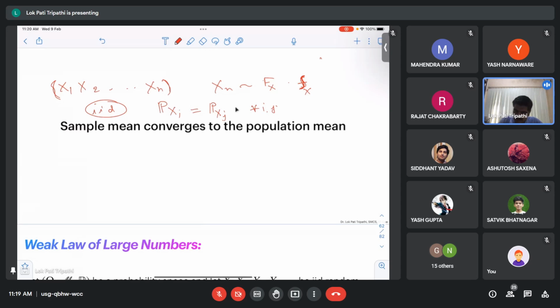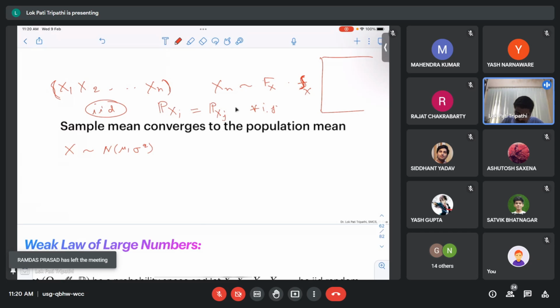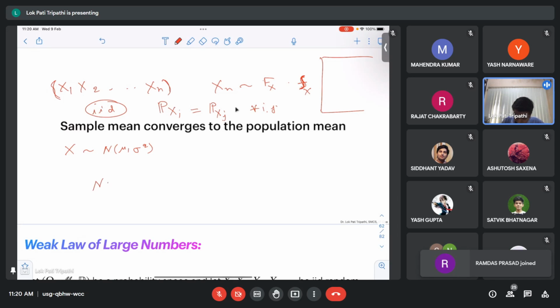By the way, since I have not told you these things, let me just tell you what is a normal distribution. You say that a random variable x follows normal distribution, okay, with parameters mu and sigma square. If its probability density function, or you can say its CDF, cumulative distribution function, usually we denote by, is given by,